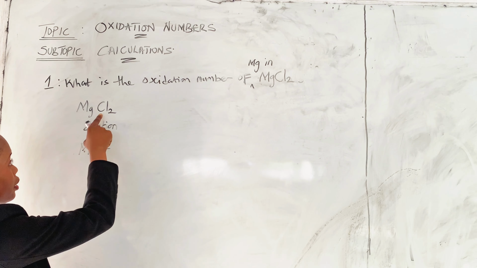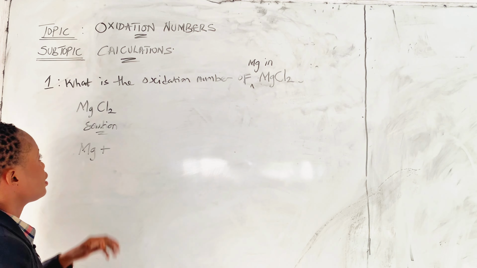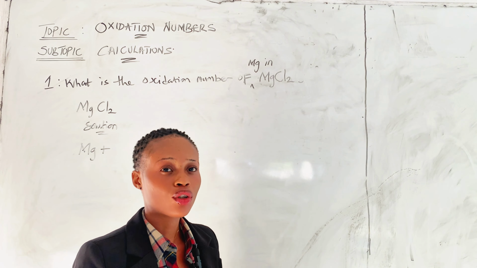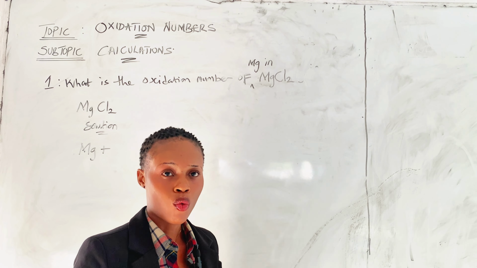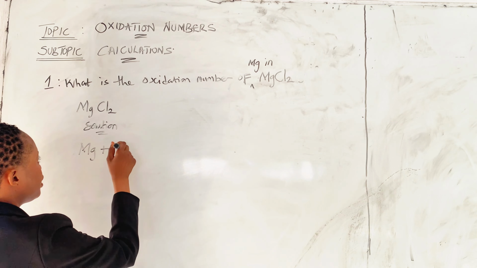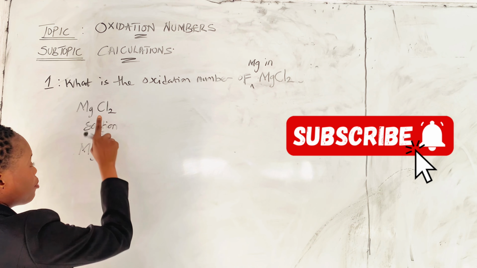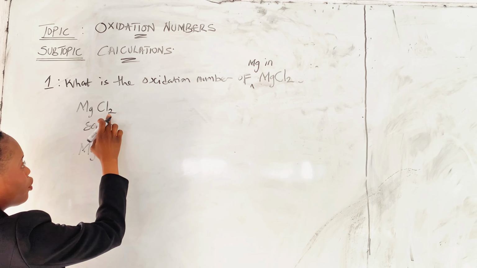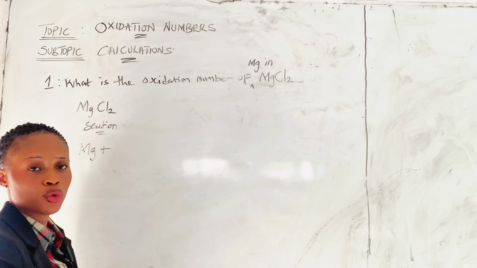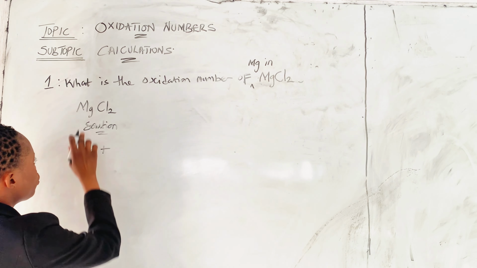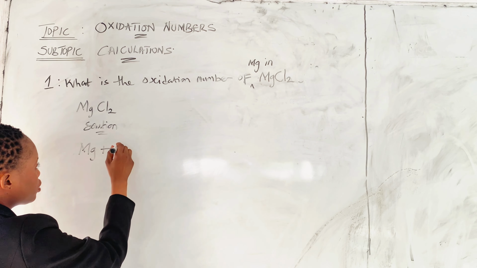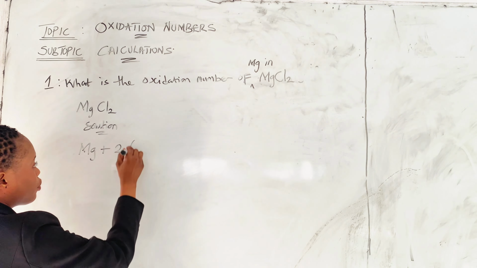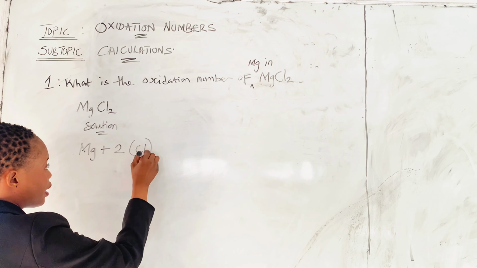So Mg, now chlorine: we already know that chlorine is a halogen, and because chlorine is a halogen, it has an oxidation number of -1. Mind you, chlorine has an oxidation number of -1, but if you look at this compound, there is a 2 attached to the chlorine, so we don't throw away the 2. So we say magnesium plus these 2, that is chlorine in a bracket, equal